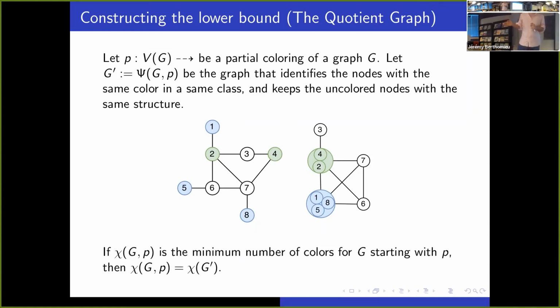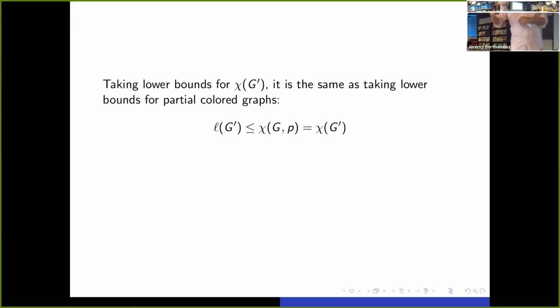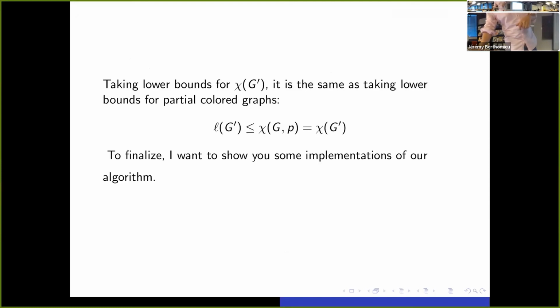If the chromatic number of G_P, which is the minimum number of colors for G starting with P, we have that the chromatic number of this graph starting with P is equal to the chromatic number of this quotient graph. This is the advantage. Taking lower bounds for this quotient graph is the same as taking lower bounds for partial colored graphs. So using this, we have created